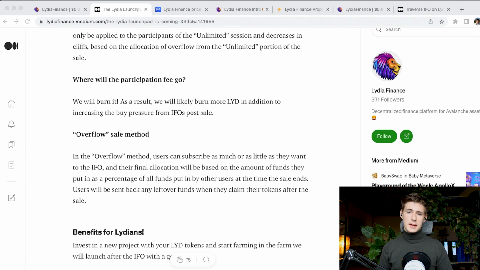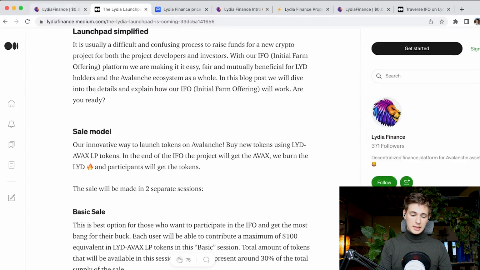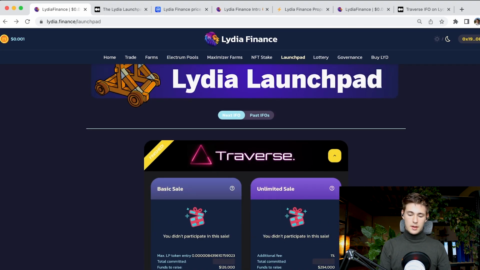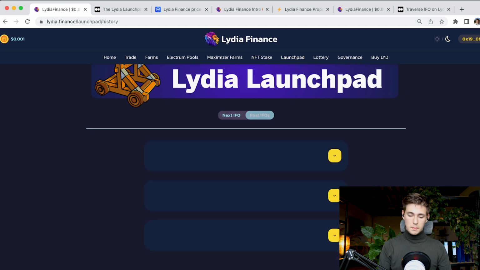Everyone gets to participate, but if you invest very little, you will also get a very small piece of the pie. And if you want to secure a bigger part of the pie, invest more money, you'll have to go to unlimited, which will cost you 1% fee, which will be burned. All right, so that is all for the launchpad. As we can see over here, you have the basic sale and the unlimited sale, and you can participate in whichever one you'd like. The current next IFO that they have is the Travers, and they also show the past